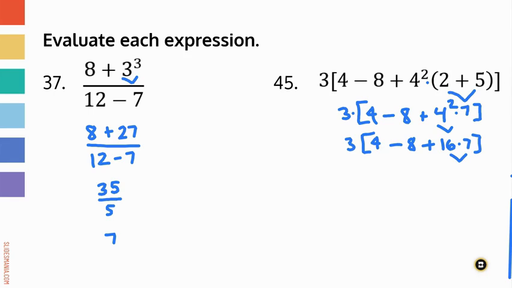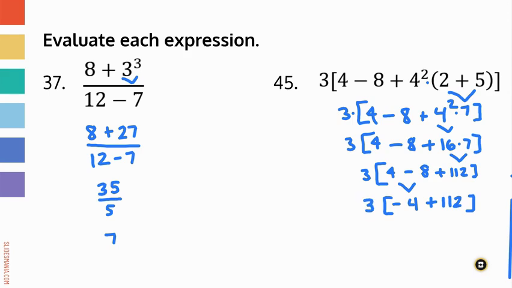And I get 112 for that. And then everything else is just going to come down. And eventually we'll get to the point where the brackets are gone. Okay, so now we have subtraction and addition inside the brackets, and we do whichever one comes first from left to right. So we're going to do 4 minus 8, which is negative 4, plus 112, in brackets still,